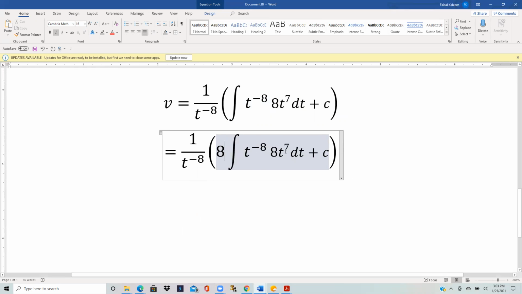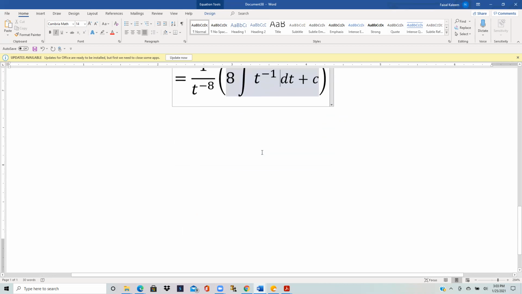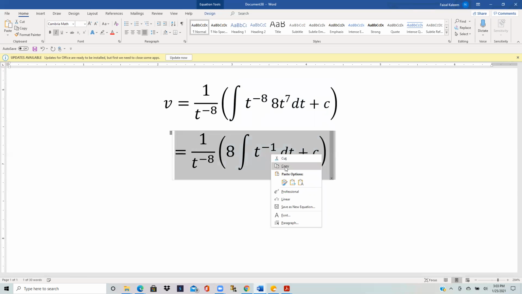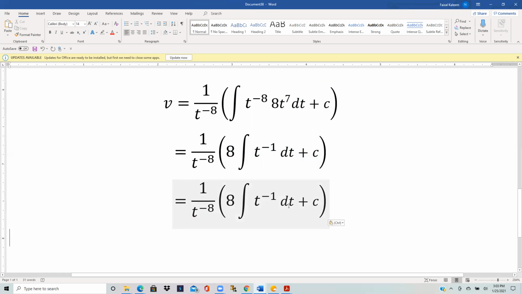And these two will combine into t to the negative 1. And then the integral of t to the negative 1 is 1 over t. The integral is ln t. So 8 ln t